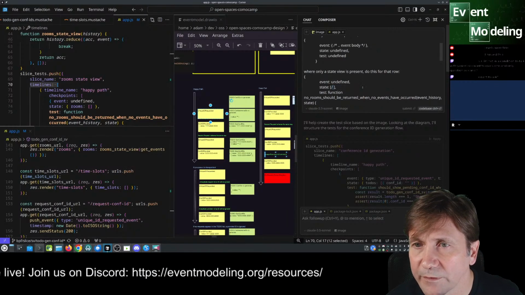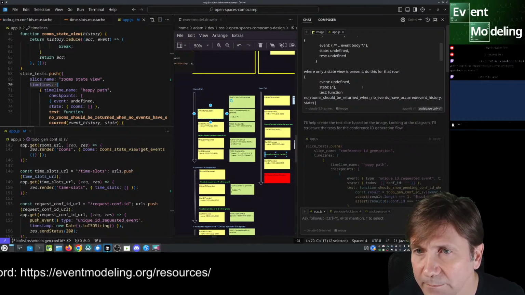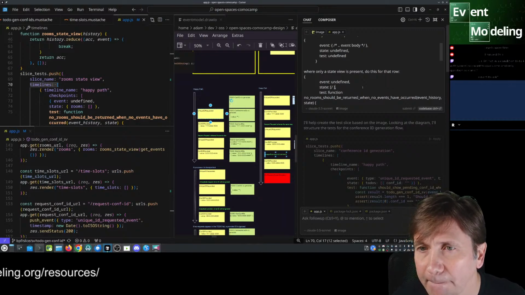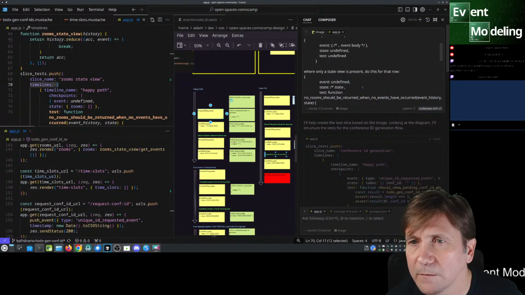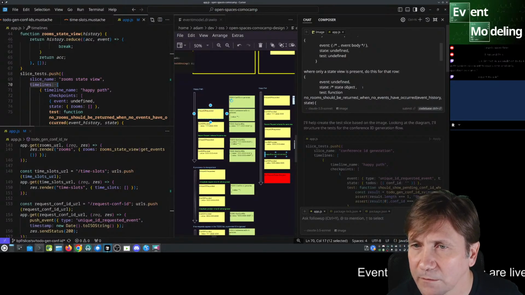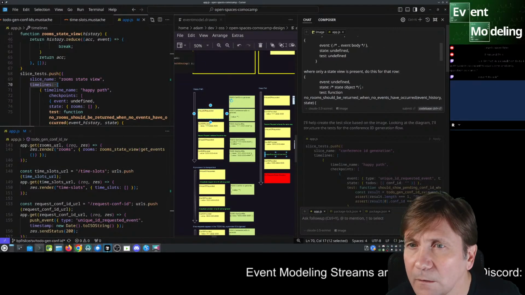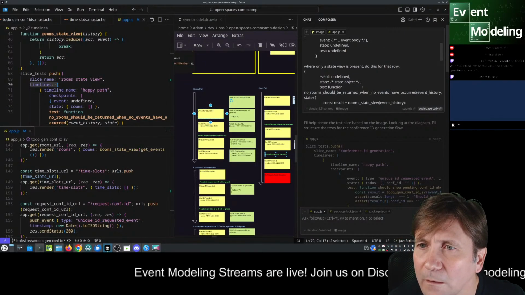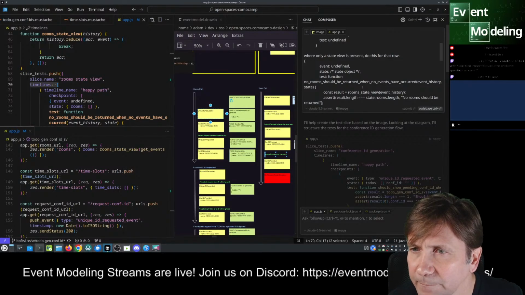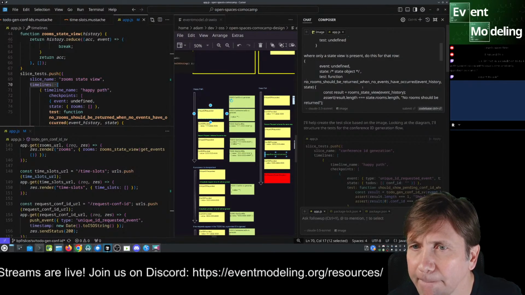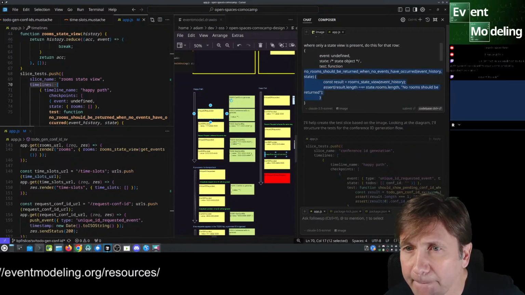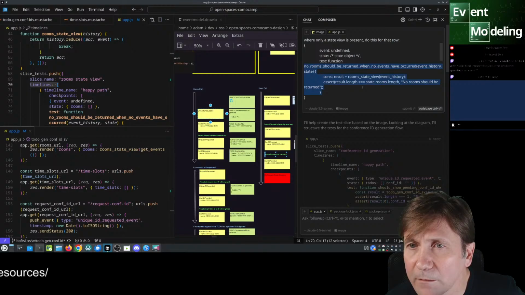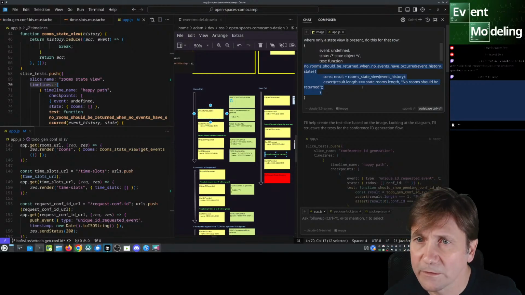So state object function, unit test function goes here.